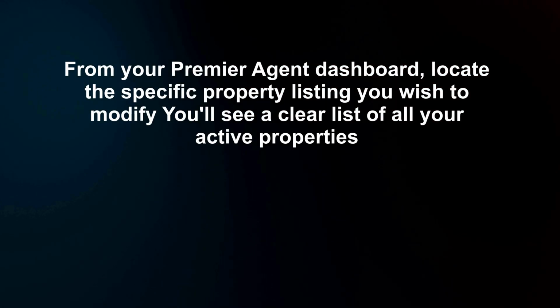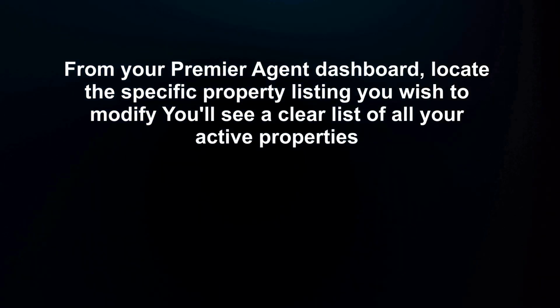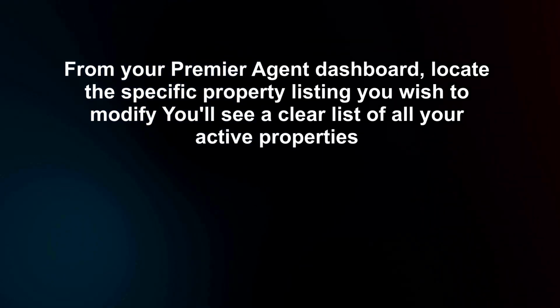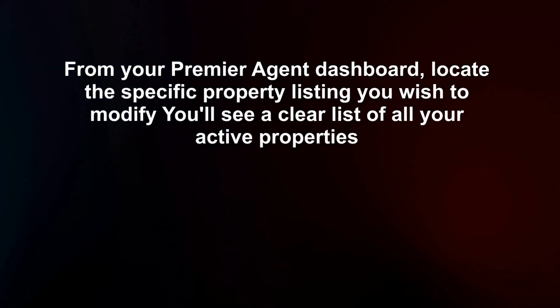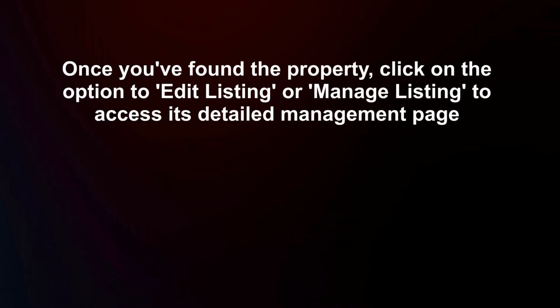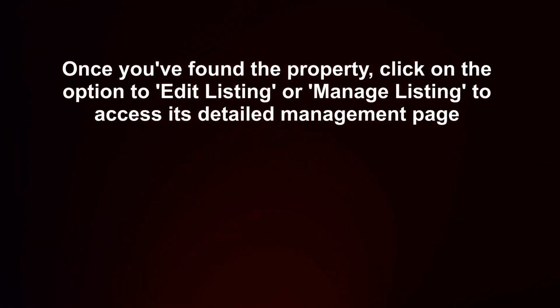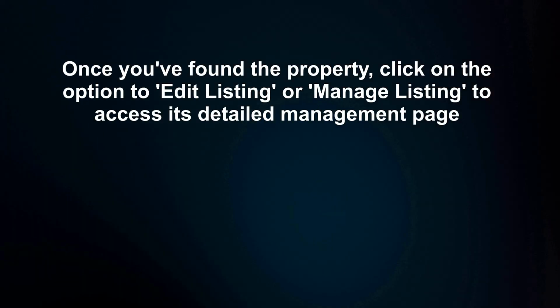From your Premier Agent dashboard, locate the specific property listing you wish to modify. You'll see a clear list of all your active properties. Once you've found the property, click on the option to edit listing or manage listing to access its detailed management